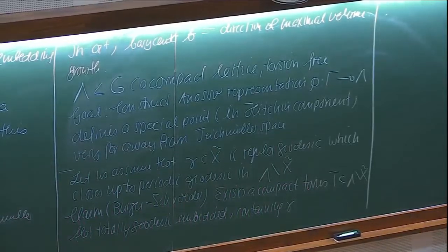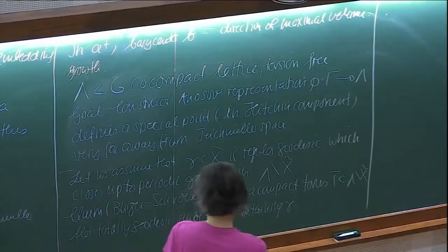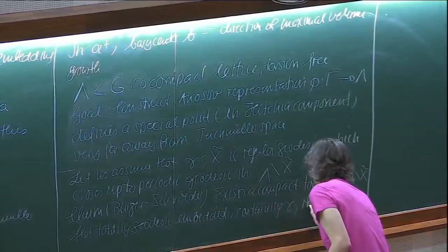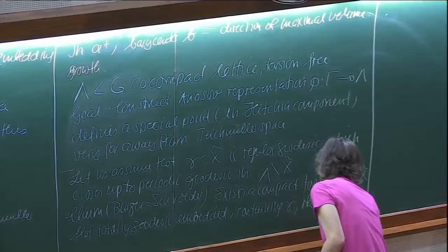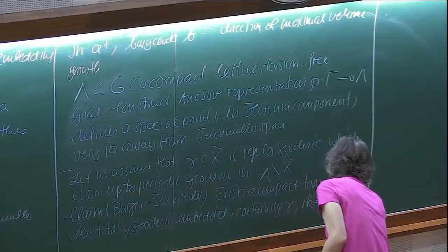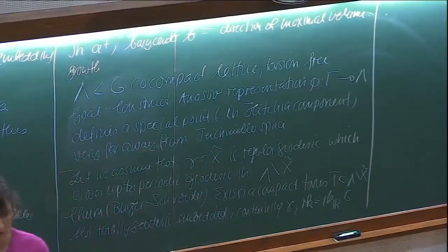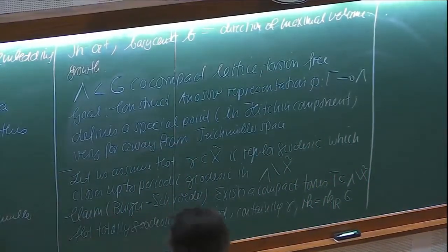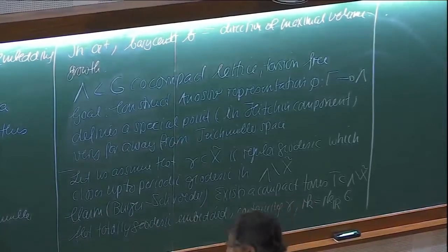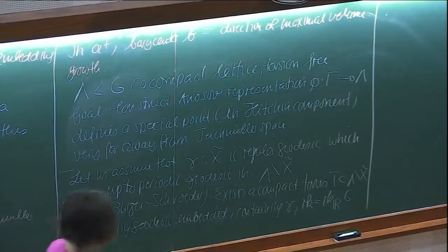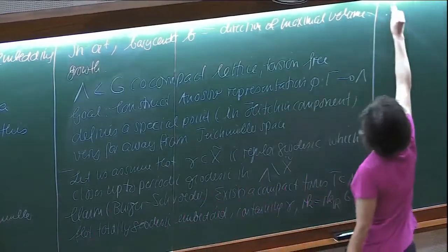There's a very simple way to think about it. How do I get a torus? I forgot one statement, maximal rank. The rank of the torus is equal to the rank of G. How do I produce a torus? A torus is nothing else but R^k divided out by a lattice, and the lattice is Z to the power k. So my T is equal to